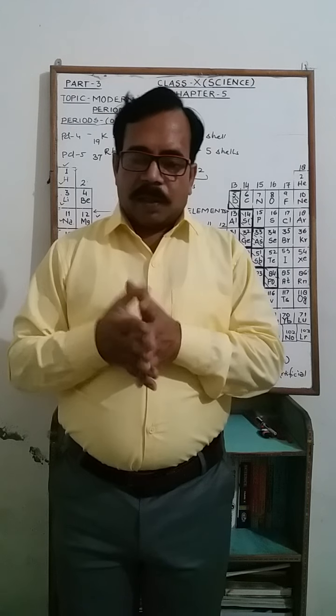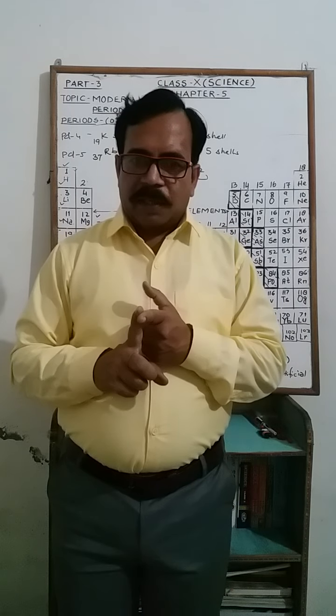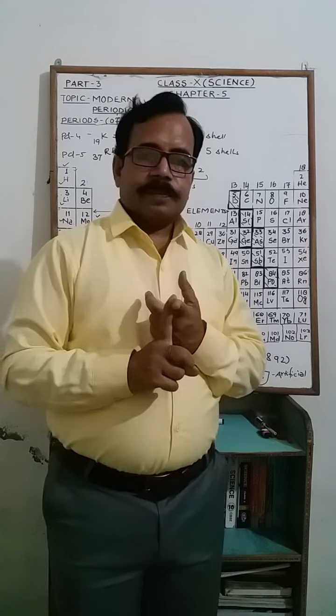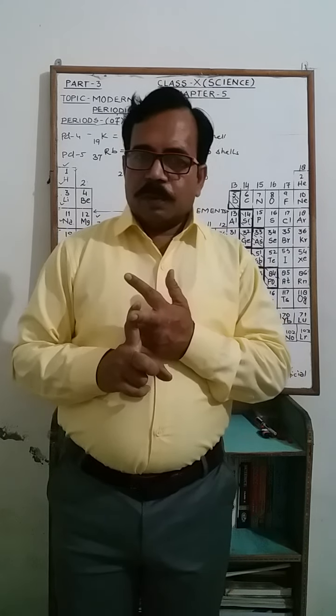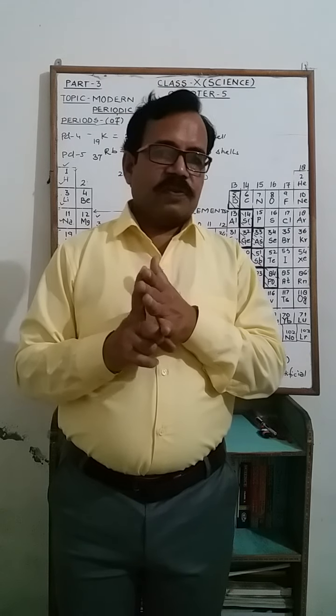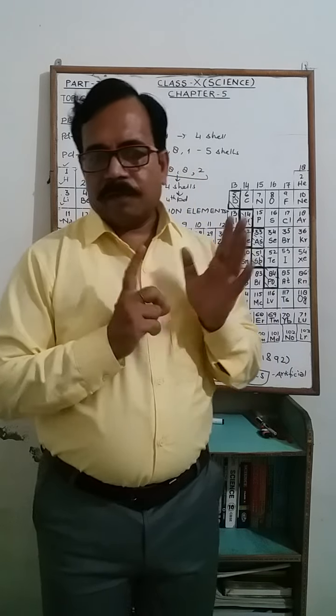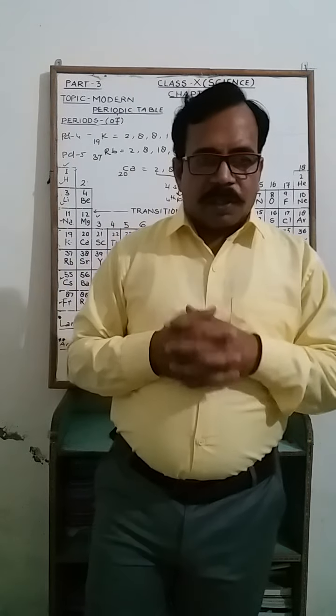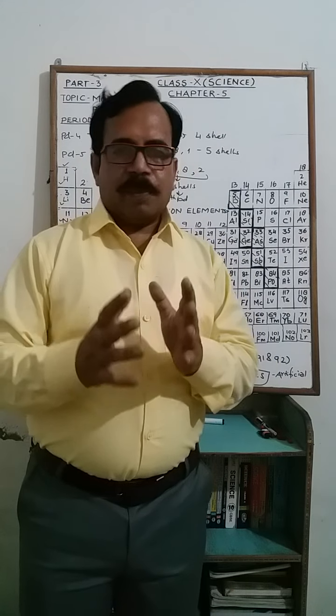जिस पीरियड से ये एलिमेंट बिलोंग करता है, अगर आप इलेक्ट्रॉनिक कॉन्फ़िगरेशन करें, देन आफ्टर द काउंटिंग ऑफ द नंबर ऑफ शेल्स, if number of shell is 1, then belongs to first period, and the number of shell 2, second period, number of shell 3, third period, number of shell 4, fourth period, and number of shell 5, so period 5. Is it clear? So in this way we can easily find out the period in which that particular element belongs to.